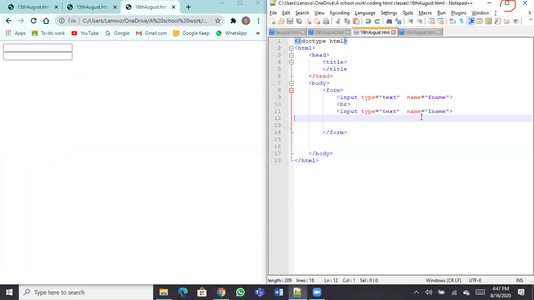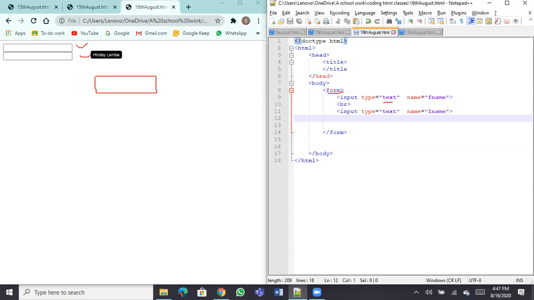Let's try to understand the code, what is written. We are using a form tag, so the browser comes to know it has to draw a form. The form can have various different input types. One of the types is text, so we are asking for a text input. Why did we get two text boxes?